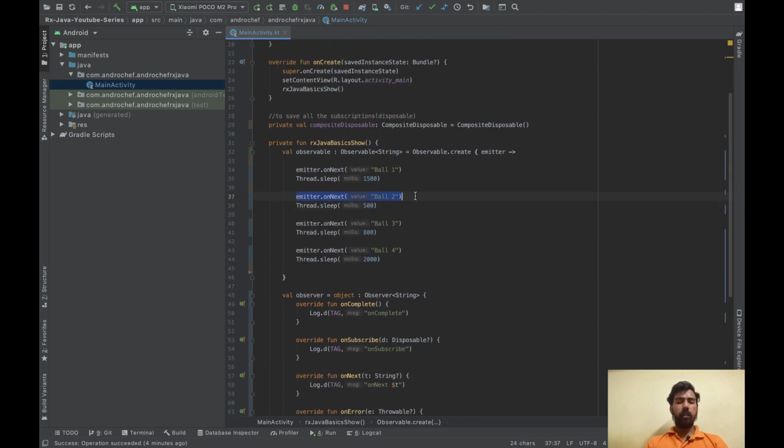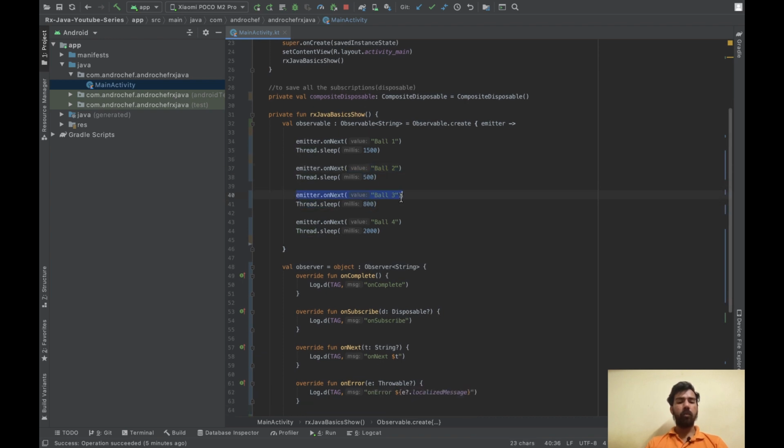Now we have thrown the second ball, but it only waited for half a second, and in between the third ball got executed. So ball 2 got disturbed and will not be emitted because it didn't wait for 1 second.